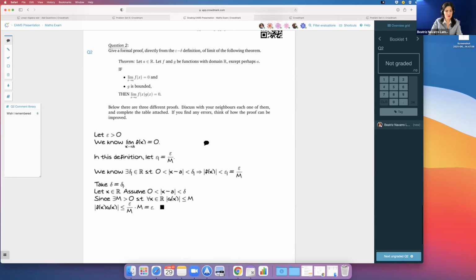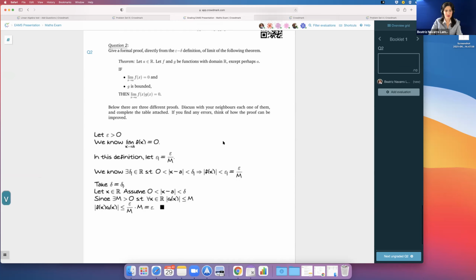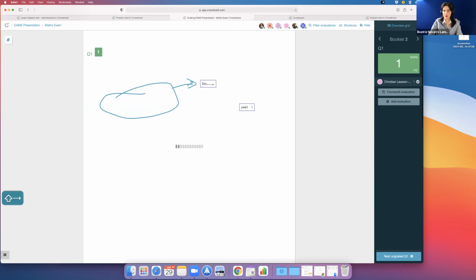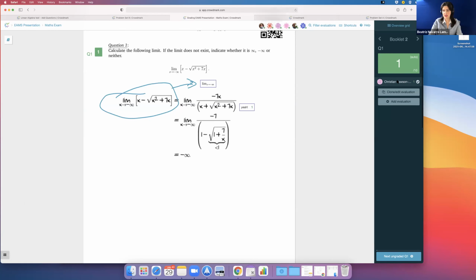Okay, so for example, here we go to one that has been already graded by someone else, and I'll show you something here. So booklet number 2 was graded by Christian, and I can add a new evaluation. So I create my own new copy of it, or I can clone it. The graders cannot do it, but I can.